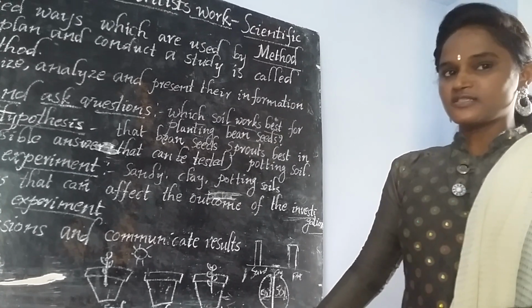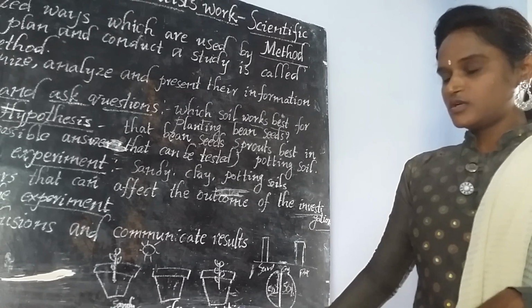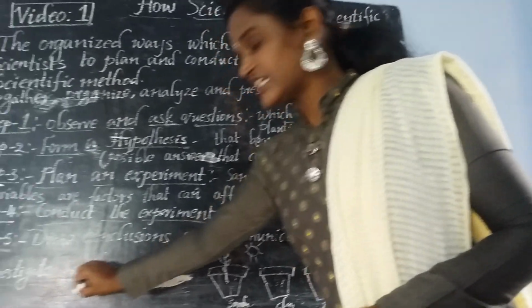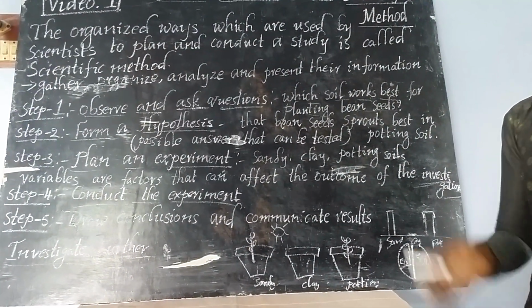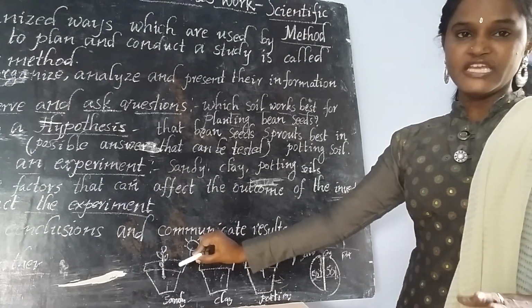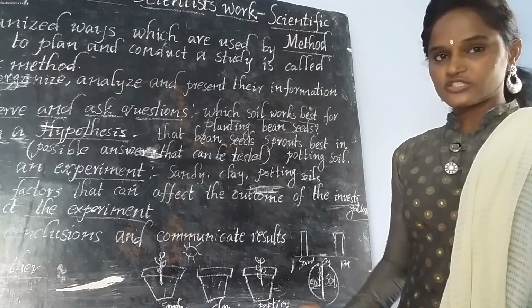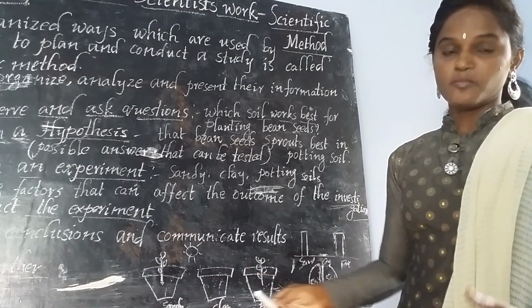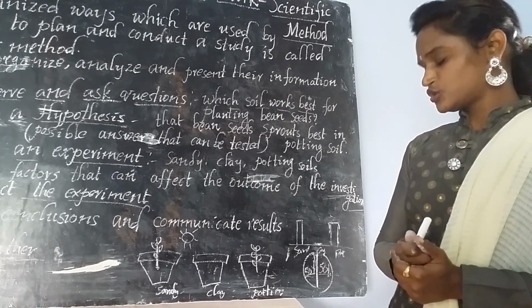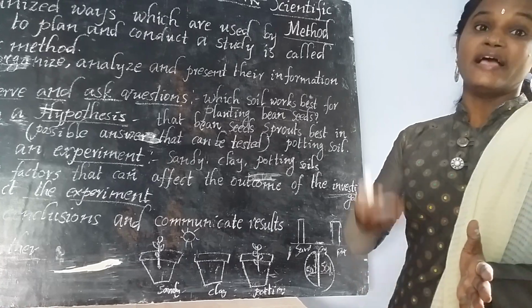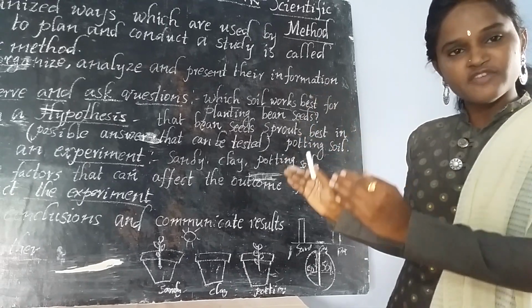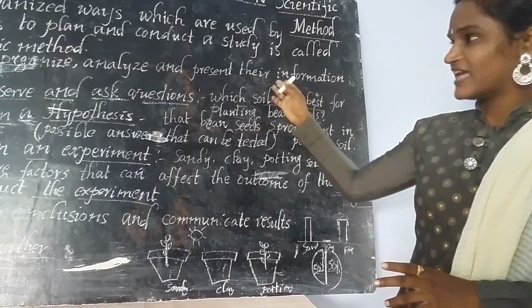Okay, if your hypothesis is wrong, then what do we have to do? If it is correct, what is the next step? We have to investigate further. If you have interest, though your hypothesis is correct, some people may ask: if we allow the bean plants to grow for a long time, then which soil gives more product, more yield? Or which soil allows the plant to grow healthy? You may get that kind of question also. And now you have to investigate such questions like Arvind.